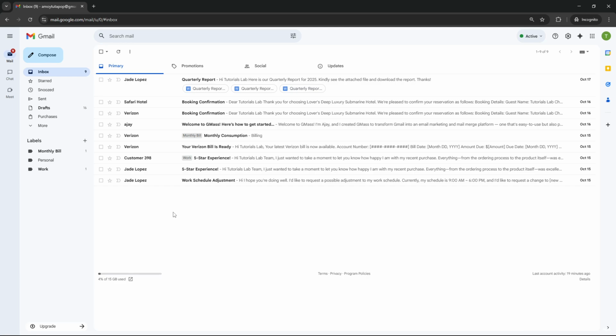Today, I'm going to teach you how to send encrypted email from Gmail. This feature is incredibly useful when you need to share sensitive information securely, ensuring that your message remains private and protected from unauthorized access. First, open your web browser and head over to Gmail by typing mail.google.com into the address